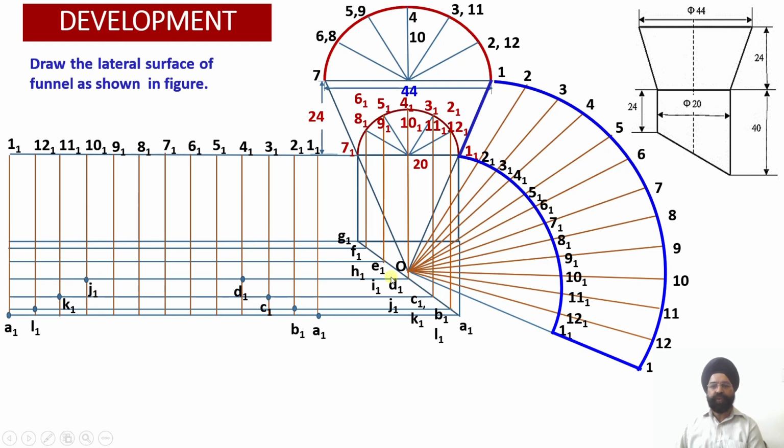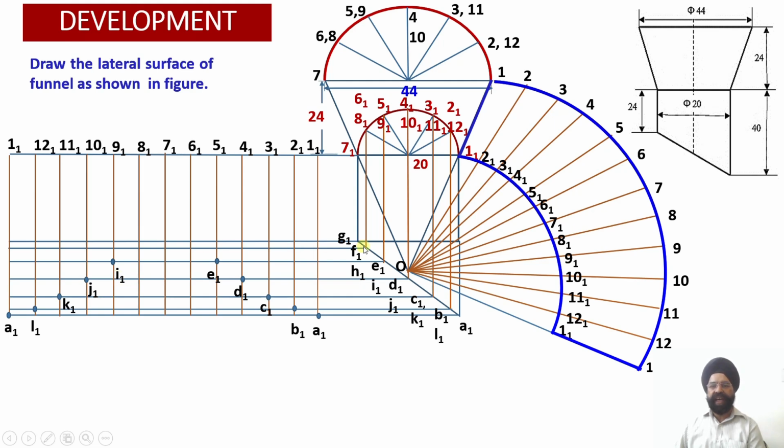Next, after D1 and J1 you have E1 and I1. This is the horizontal projector line for E1 and I1. E1 lies on which vertical generator? 5-1. And I1 lies on which vertical generator? 9-1. So I draw the horizontal projector line. This is my fifth vertical generator, so wherever it intersects with 5-1, I get point E1. Wherever this horizontal generator intersects with 9-1, I get the point of intersection,